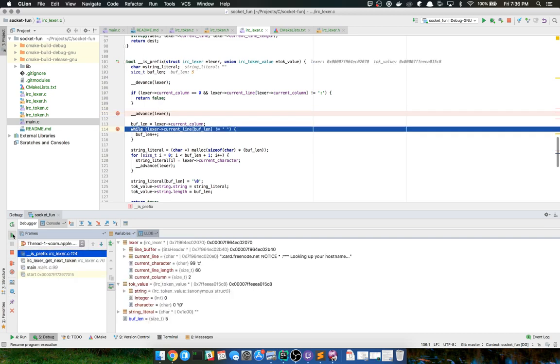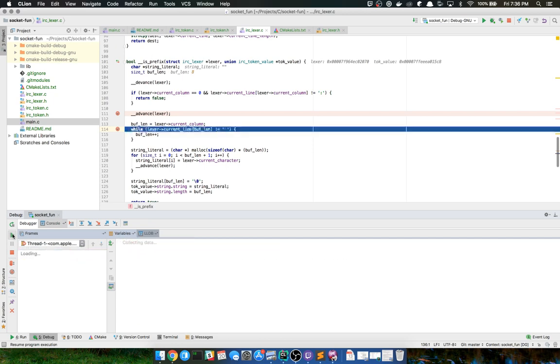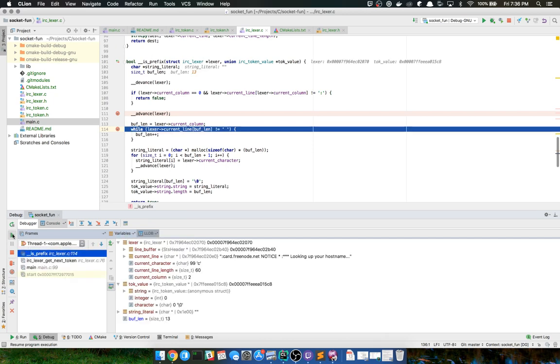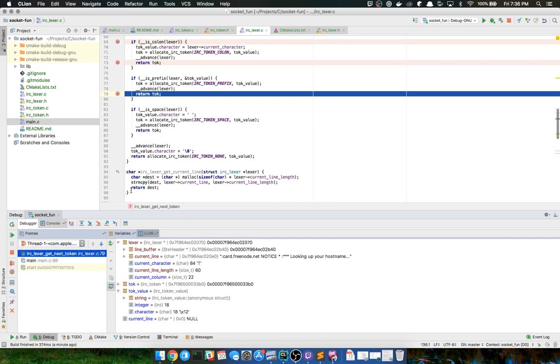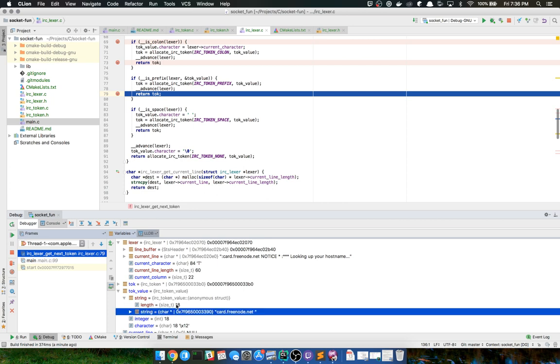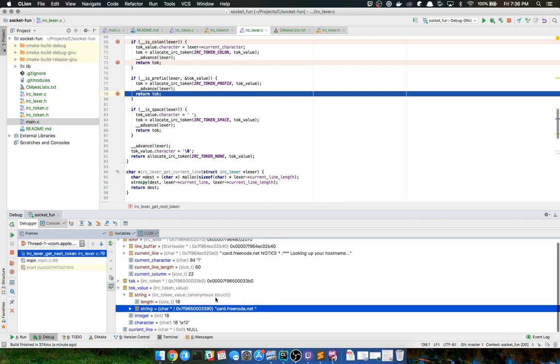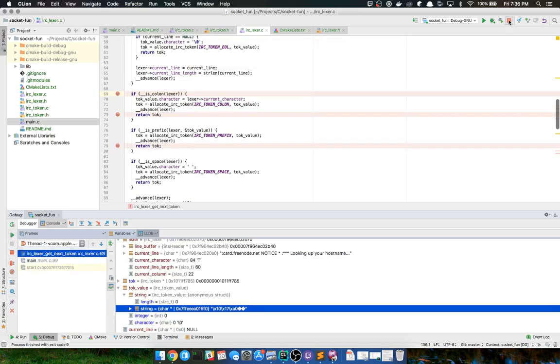Oh boy. 13, 14, 15, 16. I think it's supposed to stop at 18. And it does. So let's make sure that the toke value is set to our string. Oh, it has the space in it. Oh, we don't want that. All right, so